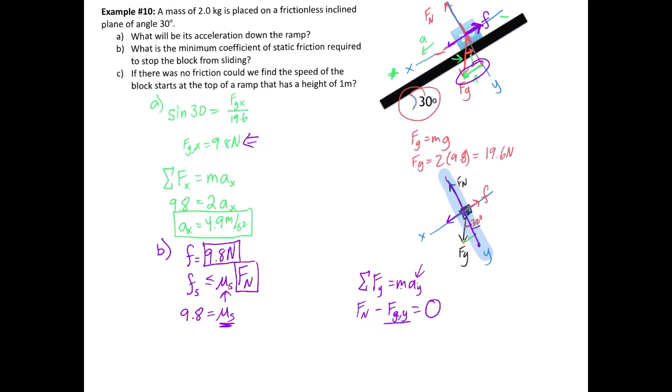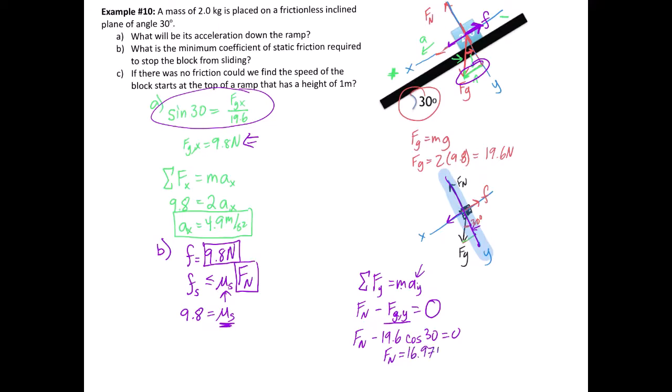That's the adjacent side there, so that's going to be cosine. So we'll go the normal force minus, and similar to what we did over here with the horizontal, this is going to be 19.6 cosine of 30. And if we work that out, then we should get a value of 16.97. So the normal force is equal to